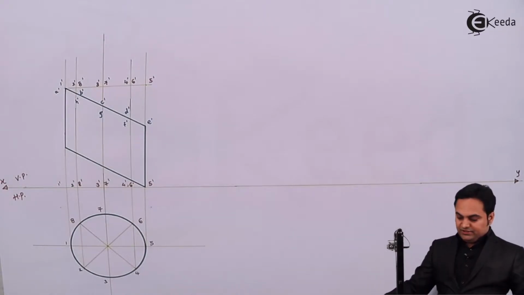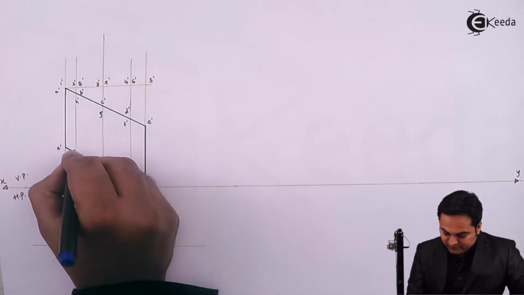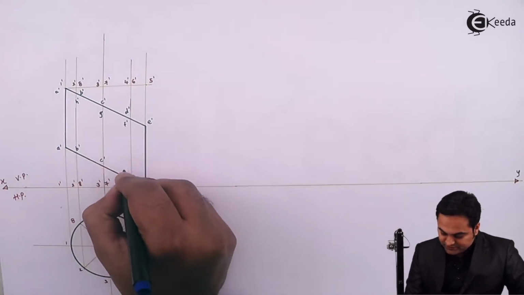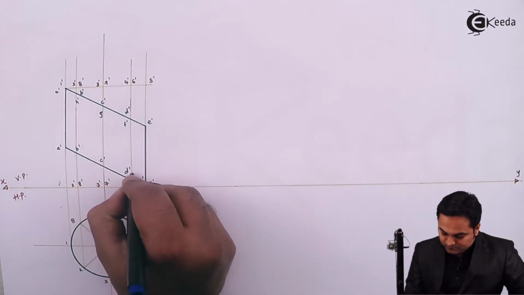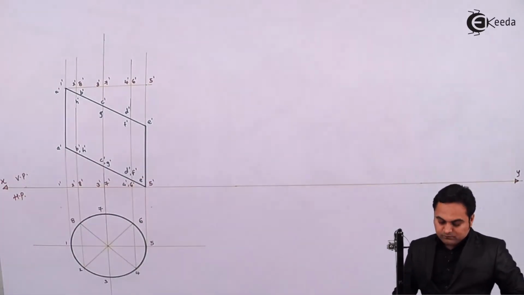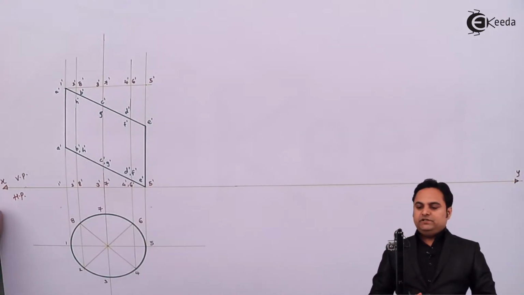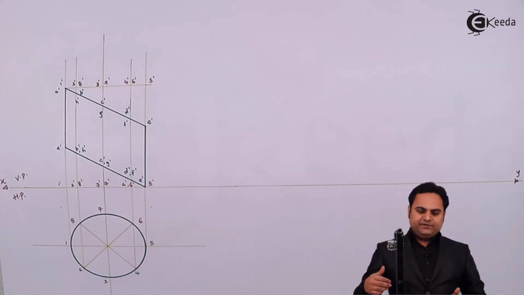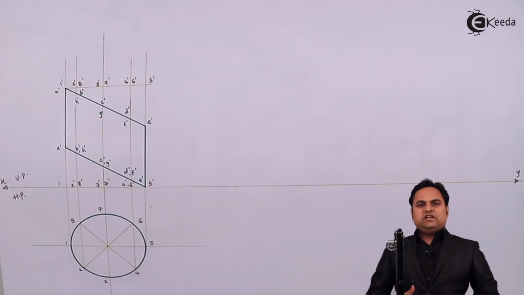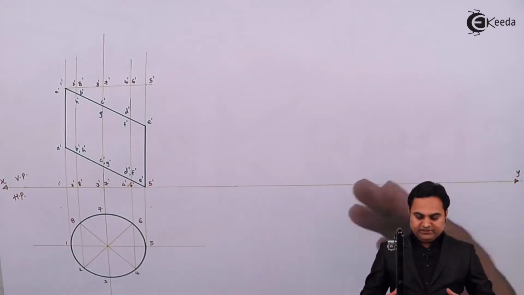Similarly, I'll give the notations at the bottom. Again, where it is cutting 1 dash, that point will be A dash, then B dash, C dash, as I have marked at the top in the same order. Then here are the points where the cylinder is being cut. Then after completing this diagram, I'll draw the development of lateral surface, and for that we have to open the cylinder. Here I'll say that we will start opening the cylinder at point number 1. So when we open it completely, we are going to get that development,